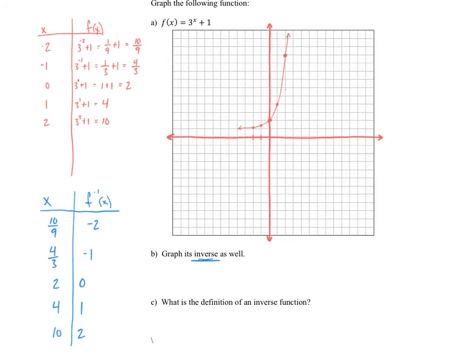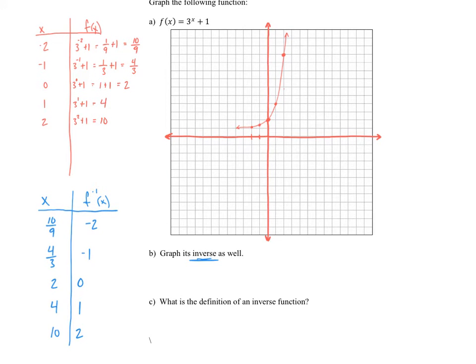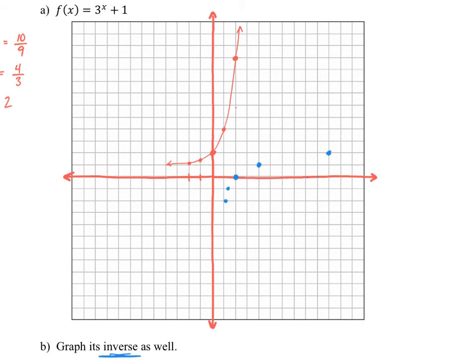I have the point 10/9, -2, so that's going to be just a little over 1 to the right and down 2, so I'll have a point right here. I'll have the point 4/3, -1. I'll have the point 2, 0, 4, 1, and 10, 2. Trying to make sure that it's perfect. There we go. All right, and now that we have all of those points, usually we say that if you